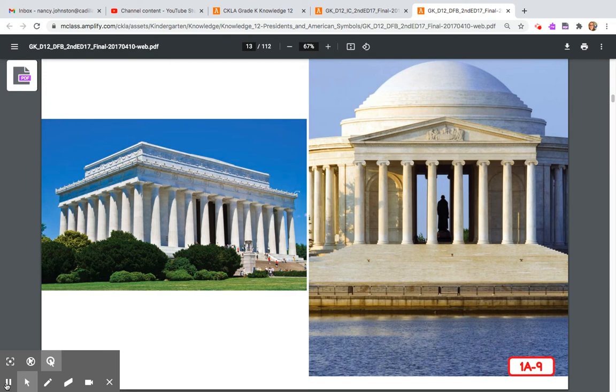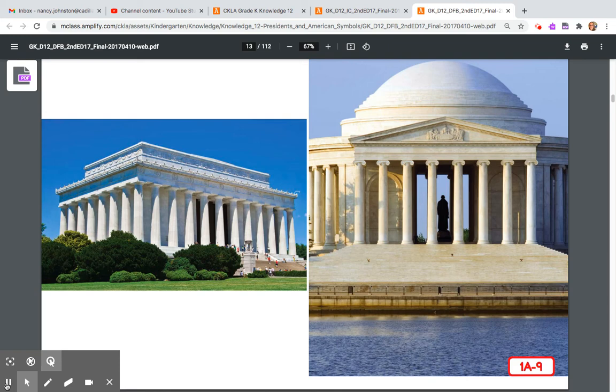Because so many of our past presidents have lived in Washington, D.C., it is also a place where people often build statues and other buildings to honor them. These statues and other buildings are called monuments. If you visited Washington, D.C., you would find many monuments to past presidents.